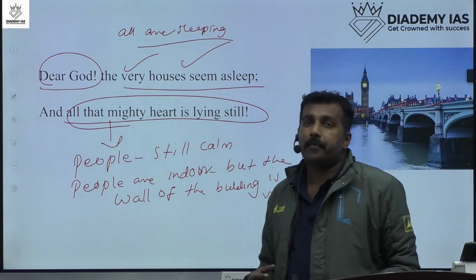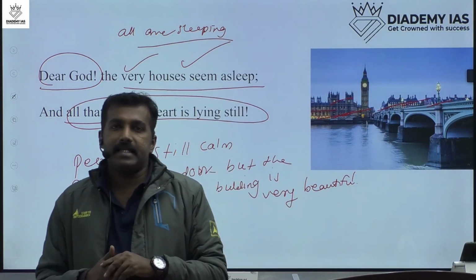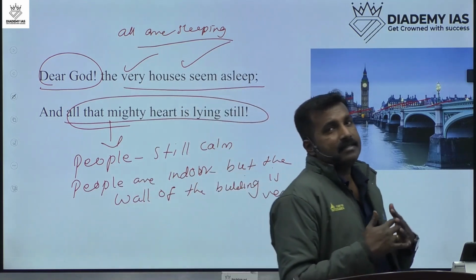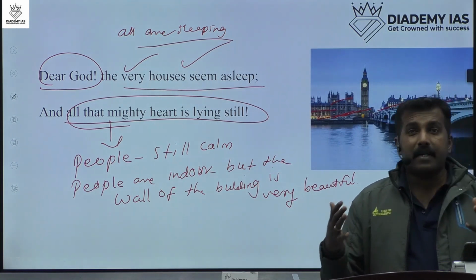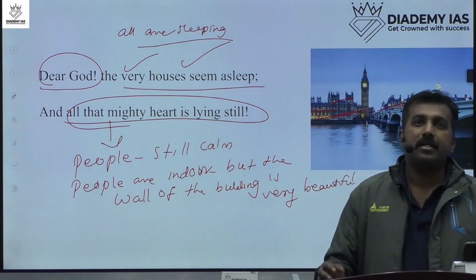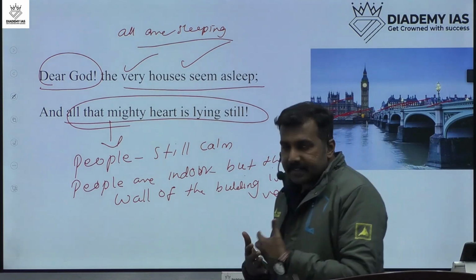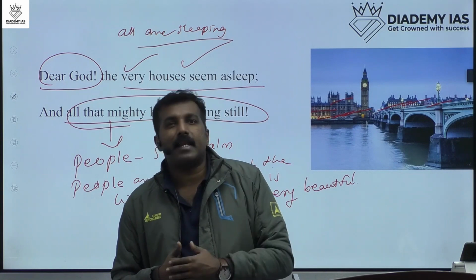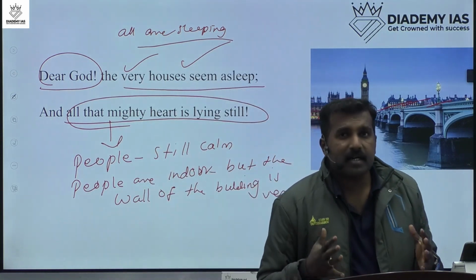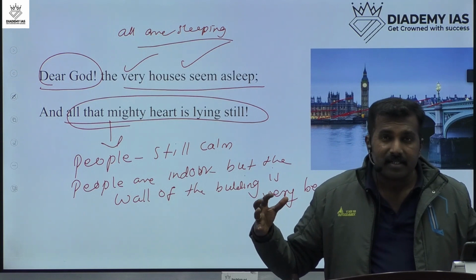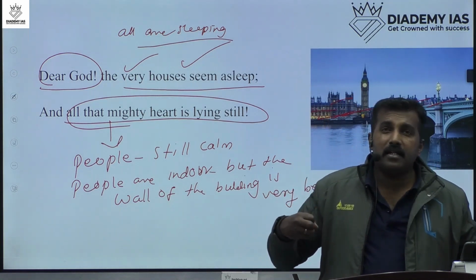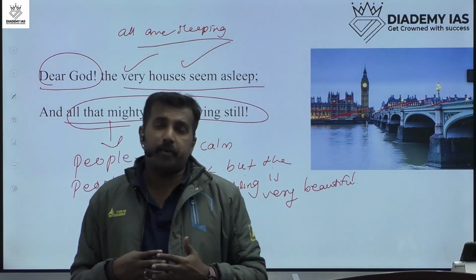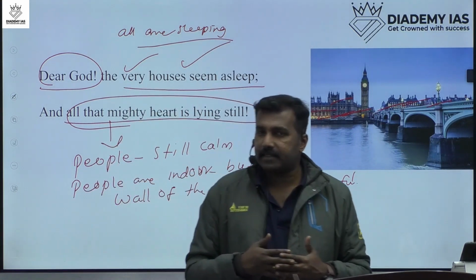Then we discussed the content or the theme of the poem. What is the theme of the poem? The theme of the poem is a bridge and the city. The city is London and the bridge is Westminster Bridge in England. Okay, so that we discussed. And next we discussed these 14 lines one by one, and the important ideas or imaginations shared through this poem by William Wordsworth.